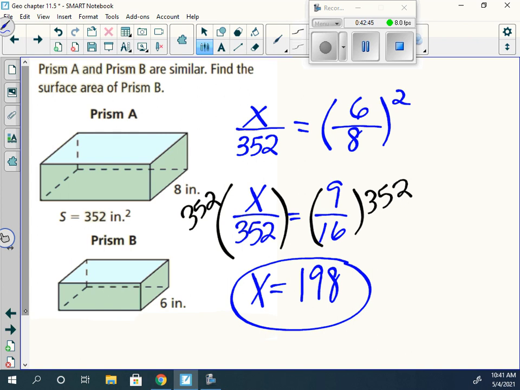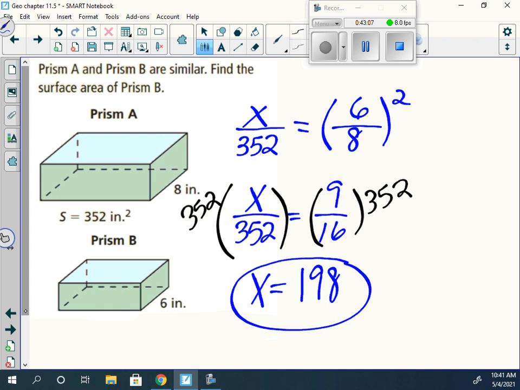If we multiply those together, we should get 3,168. Then we would divide it by 16. Well, it can't go into 30, it can go into 31 once, which would be 156. It goes into 156